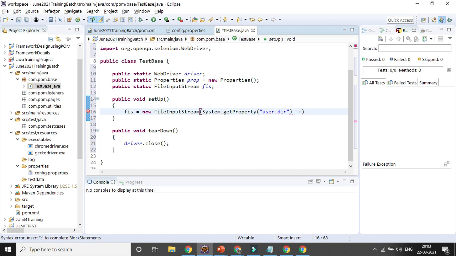So what is the other path? I am giving it within double quotes. That path I already got with the help of that one. The other path is src, test, resources.